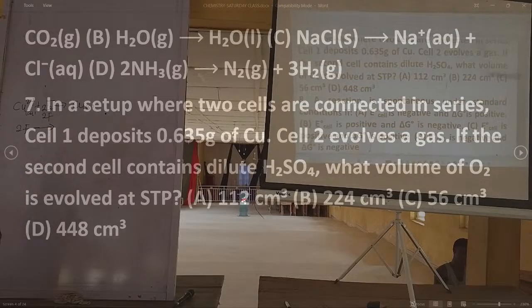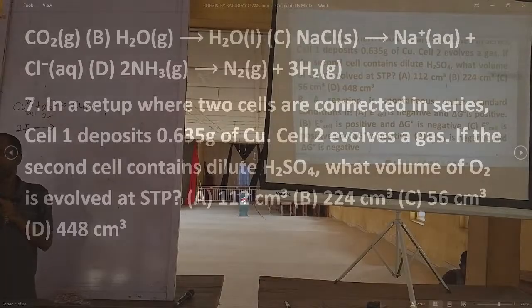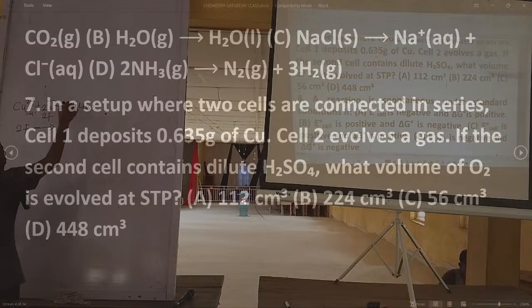And we know 1 mole of the copper has a mass of what? 63.5. 1 mole of any metal is the molar mass. That's the meaning. 1 mole of sodium is 23 grams, 1 mole of magnesium is 24 grams, and so on and so forth. So 1 mole of copper is 63.5 grams. At times, they approximate it to be 64 grams. Then we are now asking ourselves, how many moles of electricity will we now need to deposit